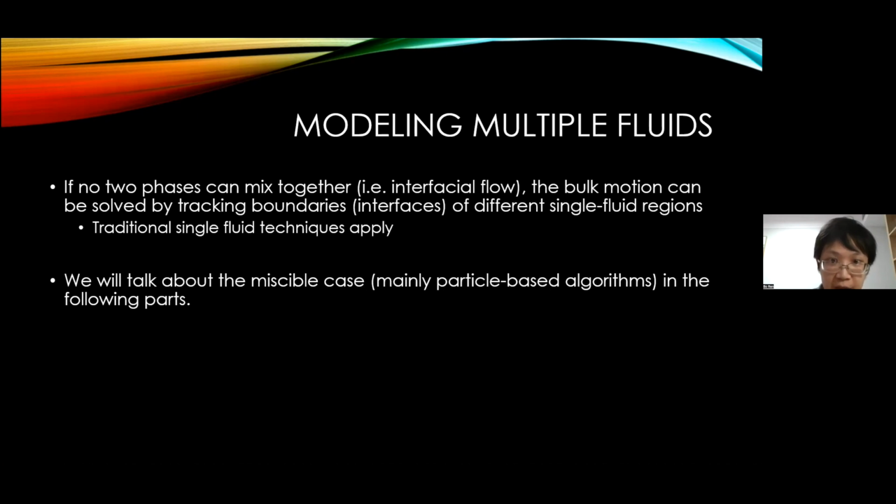You can track the surfaces, or you can handle the boundary conditions to get a good simulation of these interfacial flows. But if they can mix together, things become more complicated, and